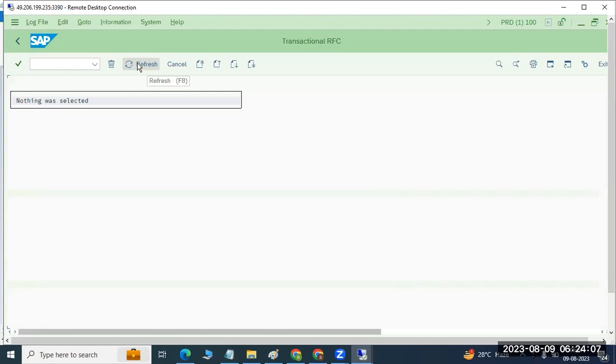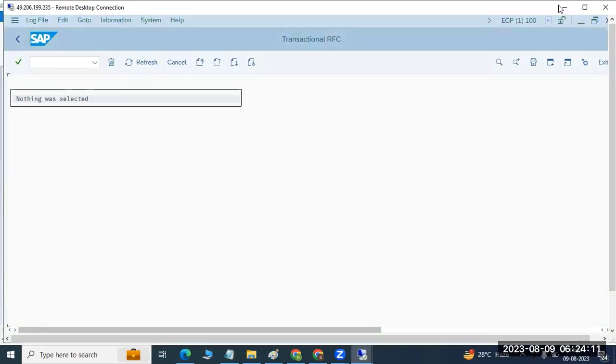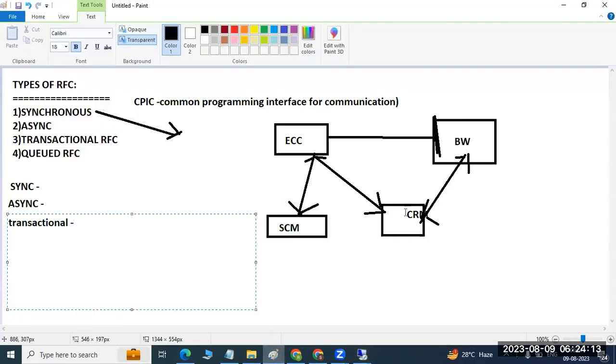This is the transactional RFC. The transactions will be stuck here. Even though the secondary is not available, when you are sending the data to the CRM system, the data will pile up and it will store all the data in SM58. It will assign one transactional ID to it. So it is kind of